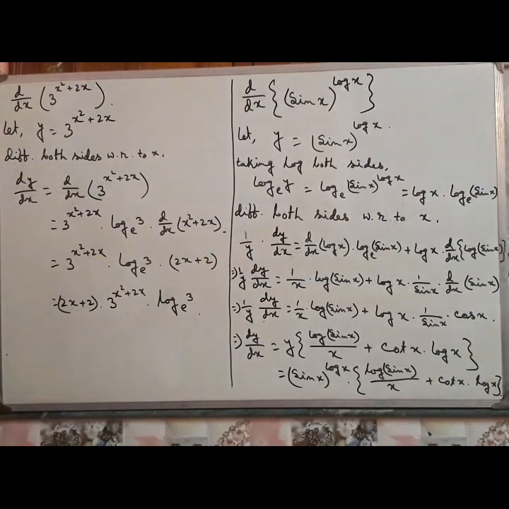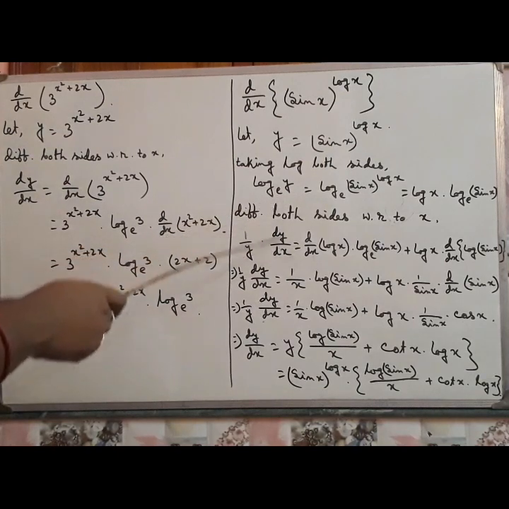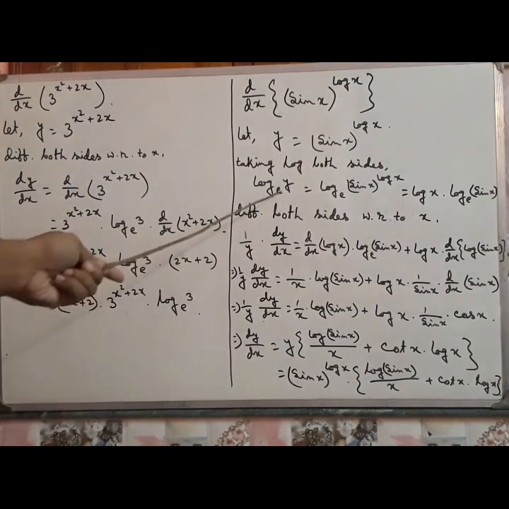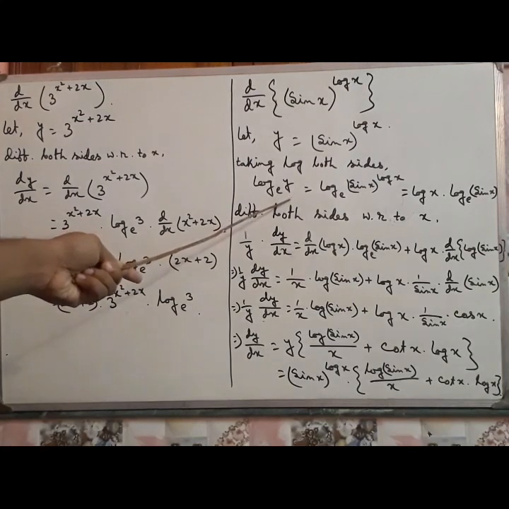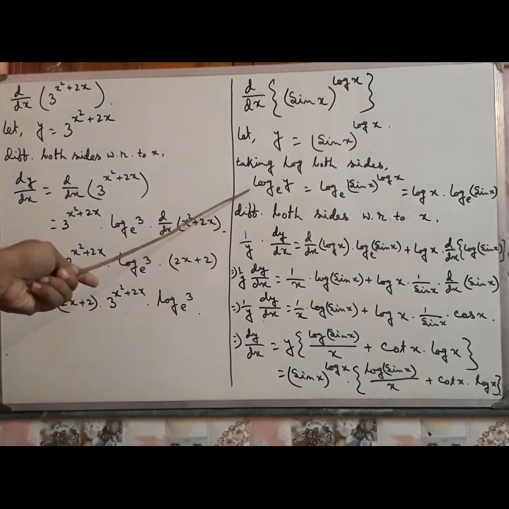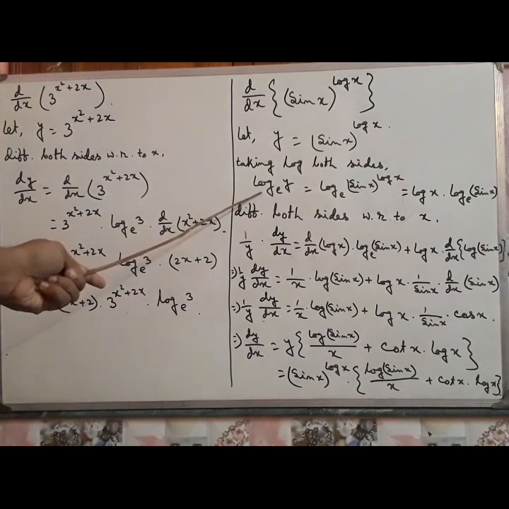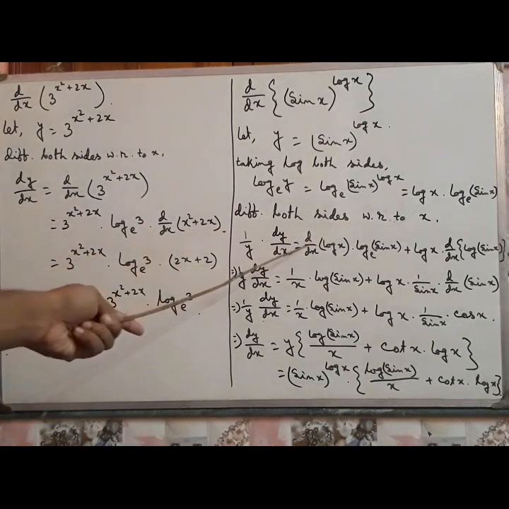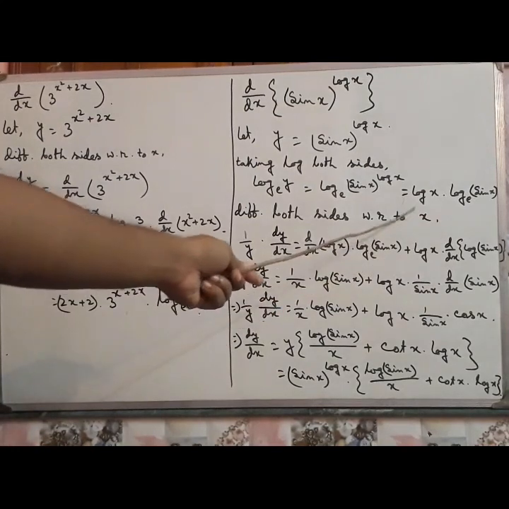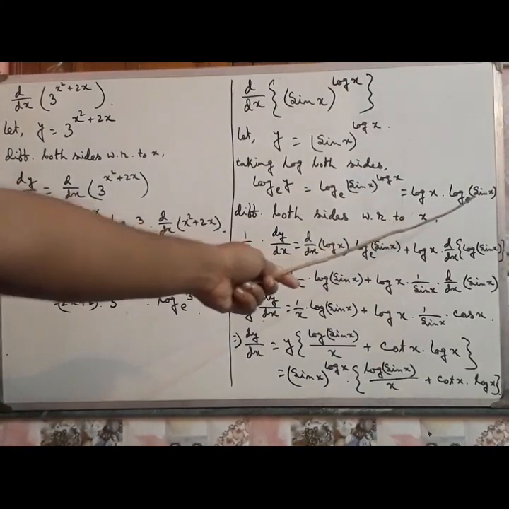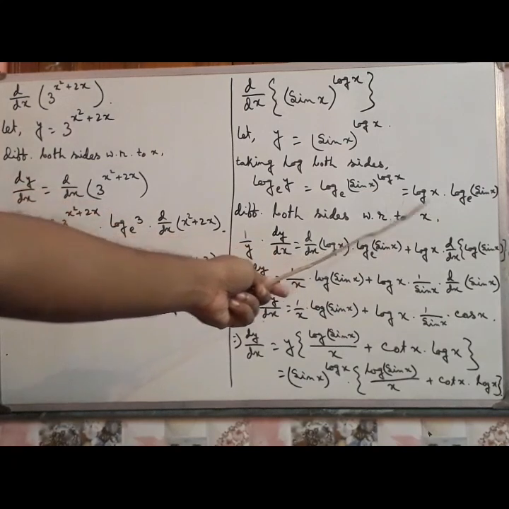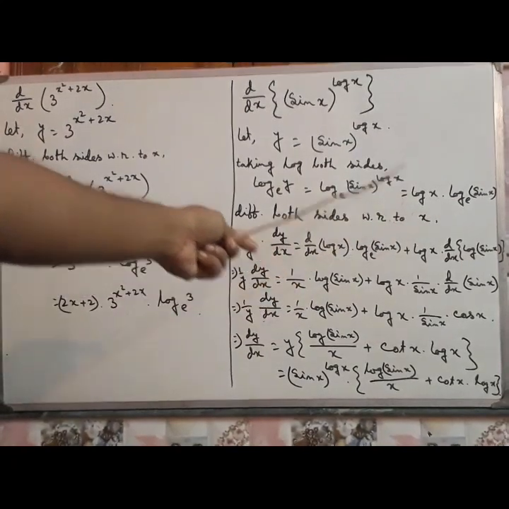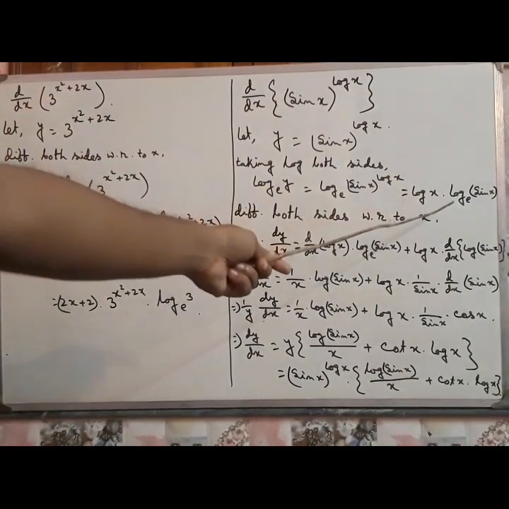Now differentiating both sides with respect to x, log y derivative is 1 by y into dy dx. Why dy dx? As it is not x, it is a function of x. So at first you have to do the derivative of log, that is 1 by y, into derivative of this term, that is dy dx with respect to x, is equal to the derivative of the right hand side. You see the product form: log x is one function and log sin x to the base e is another function.